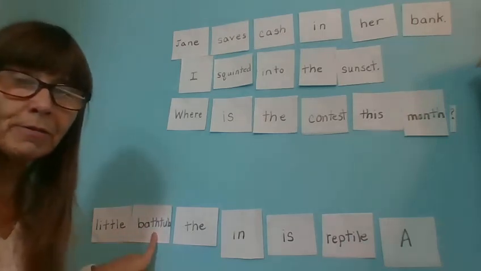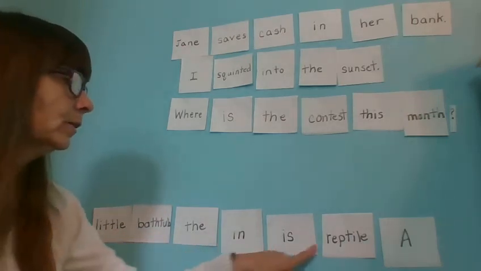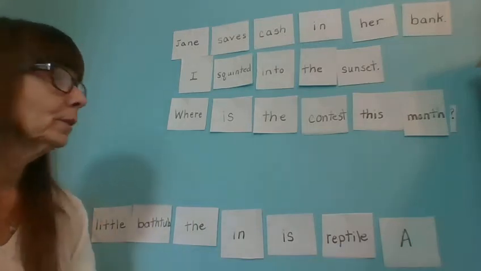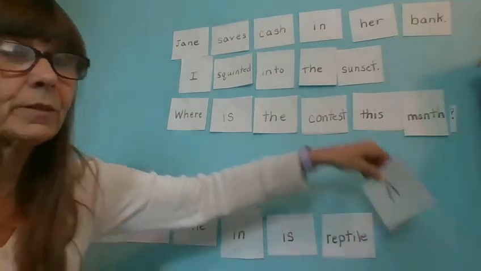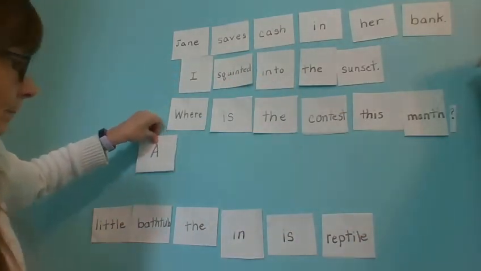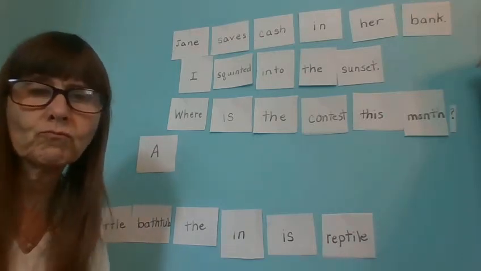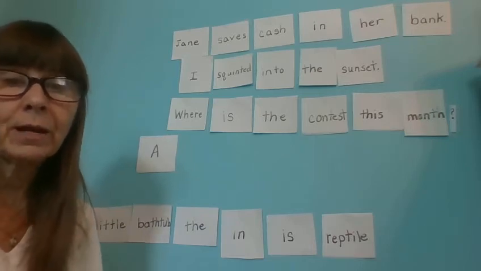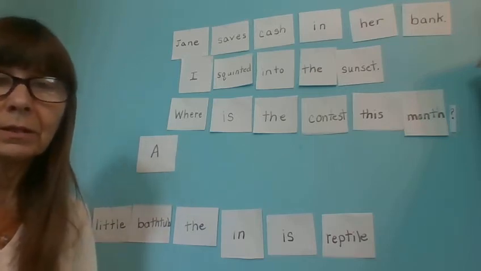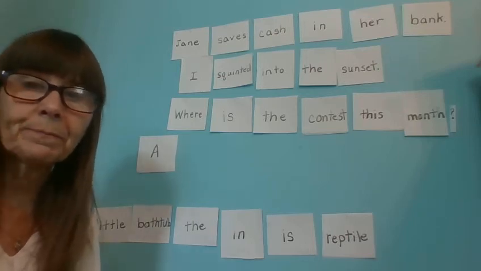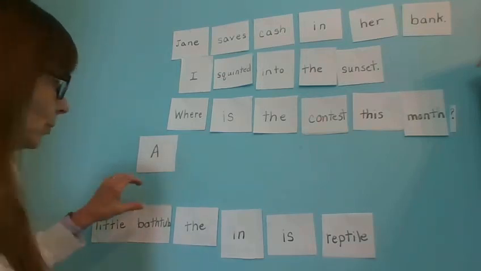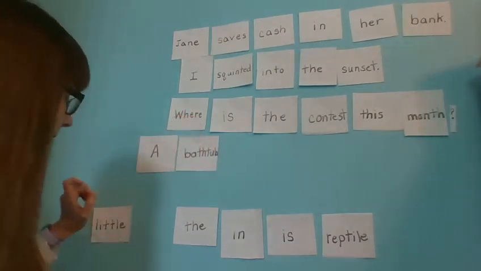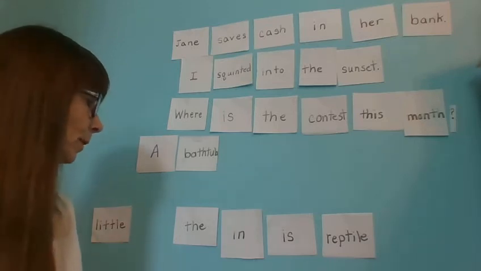Little bathtub, the, in, is, reptile, a. I gave you another clue. Capital letter has to go at the beginning of the sentence. So we're going to put a. A what? A bathtub is a thing. A reptile is a thing. What should we put? How about we do a bathtub? Then what? A bathtub